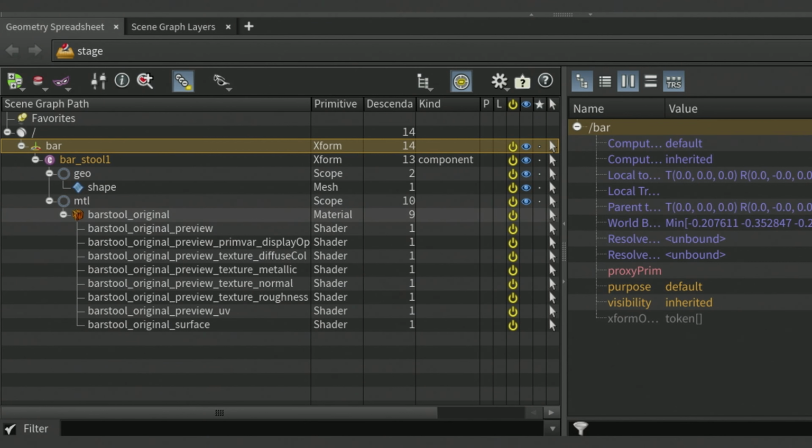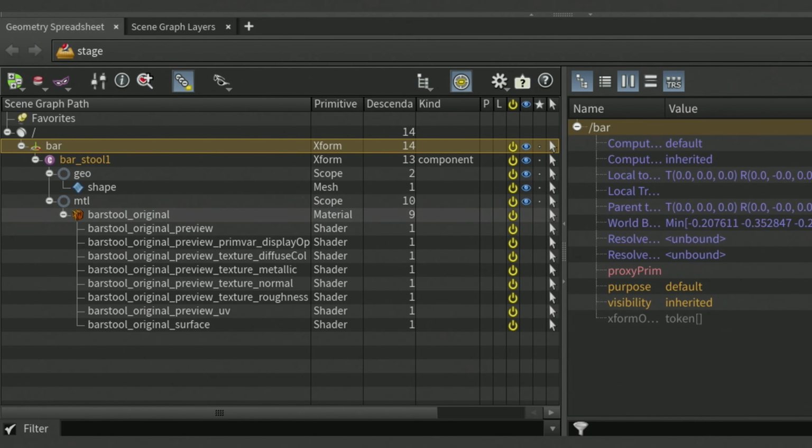So here I've changed my scene graph tree by telling the reference lop that I wanted the barstool1 primitive to live under a primitive called bar.